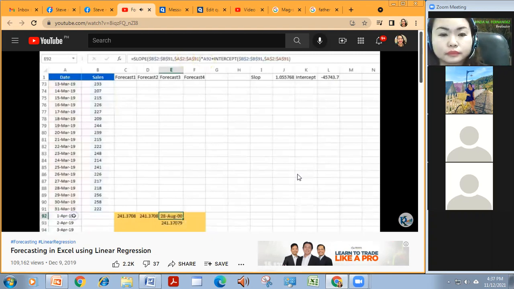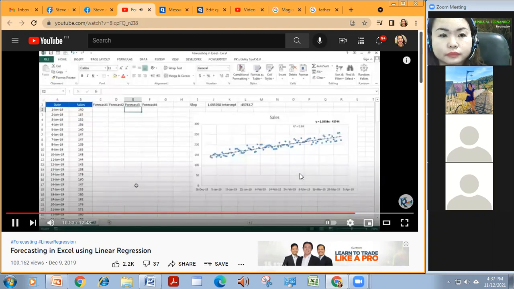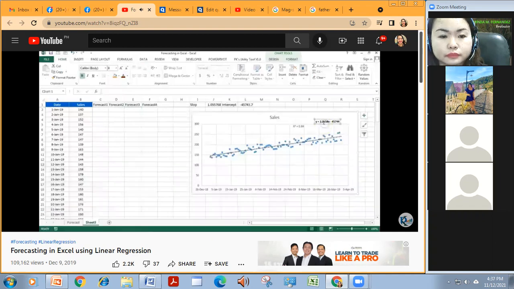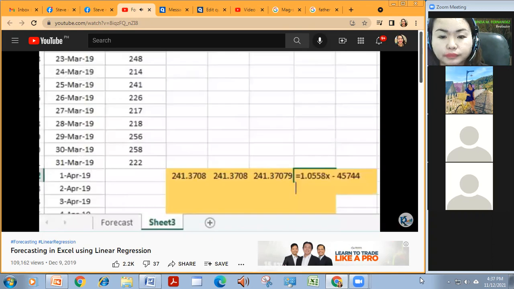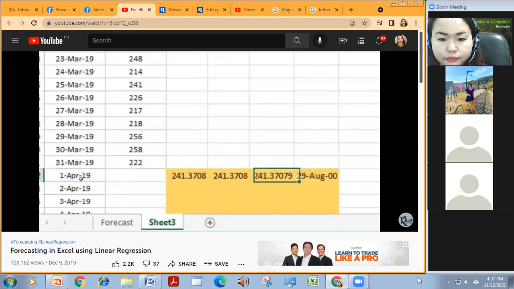Alright, the fourth method which we will use, that is the equation. This is the equation. So we can simply copy this equation, y equal to, and copy all the equation, come down and paste this equation here, press equal to and paste this here. And now we will change the x value. For the x value, we will put this value multiply by date. This is the x value, right? So press enter and change the format.